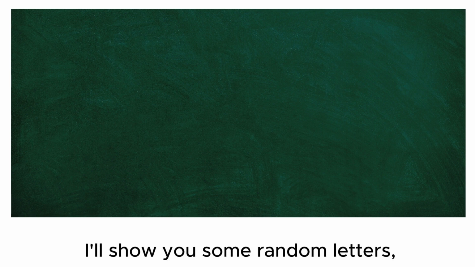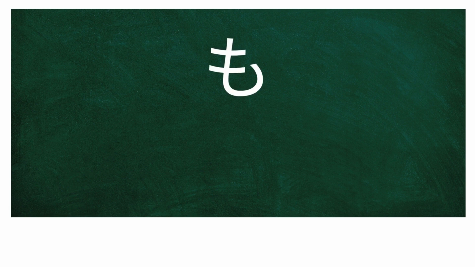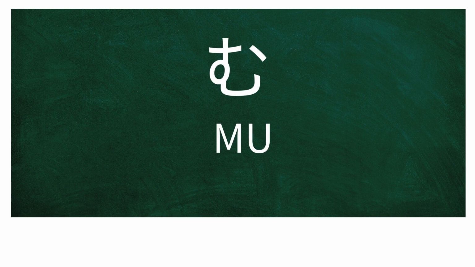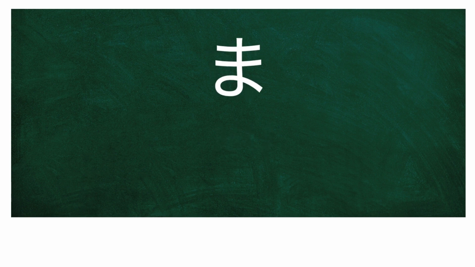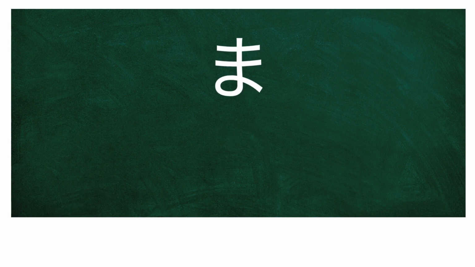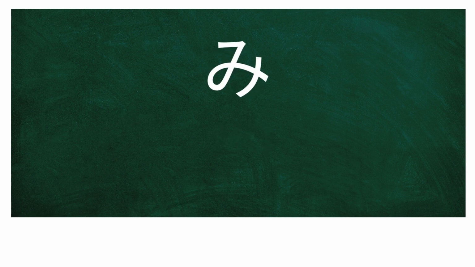Next, I'll show you some random letters, so please read them. も、み、め、む、ま。 Here we go again, in a different order. め、ま、も、み、む。